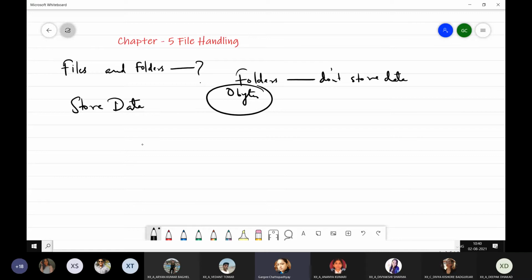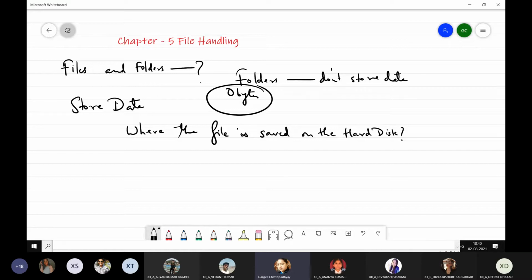So first of all, it should be very clear to you where you are storing the file, where the file is saved on the hard disk. And for this purpose, the file hierarchy should be very clear to you.